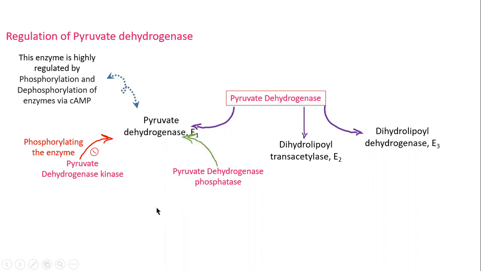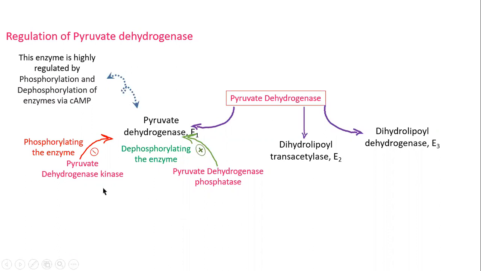But on the opposite, this pyruvate dehydrogenase phosphatase. Phosphatase means it will remove the phosphates. It can remove the phosphates that have been added by this kinase, so that it is activated again, and it will continue to convert pyruvic acid into acetyl-CoA. So this is what happens. How does it stimulate? By dephosphorylating the enzyme. The phosphates that have been added by this kinase are removed so that this enzyme will get activated and will convert pyruvate into acetyl-CoA.